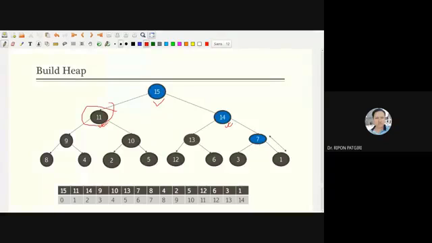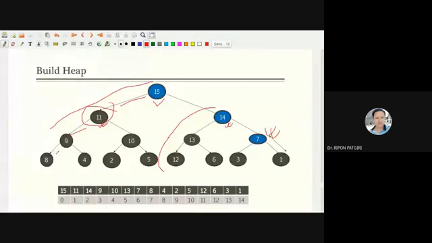Because the height starts from 1 or 0, what is the height? It is very low at first, and then the height increases. So from low height to higher height, if we build like this, then its time complexity becomes big O of n.